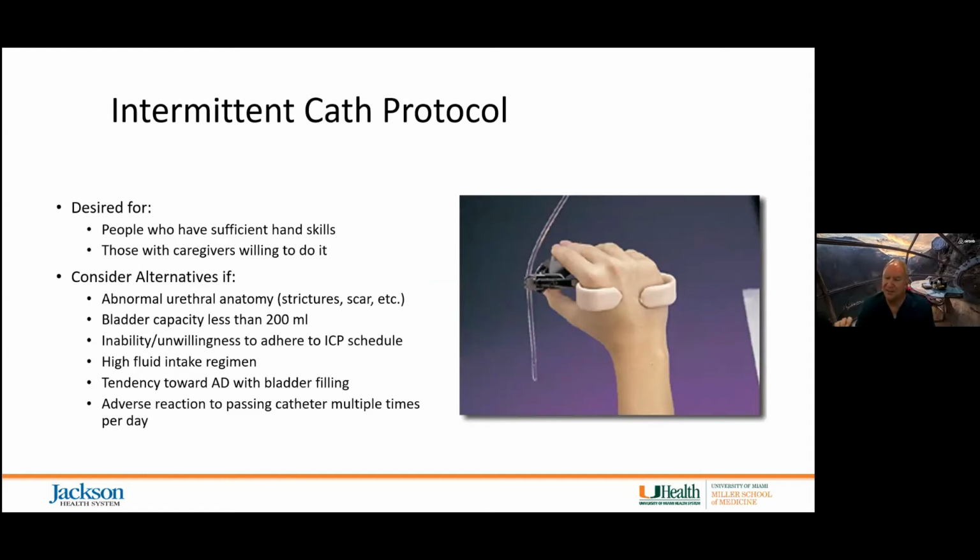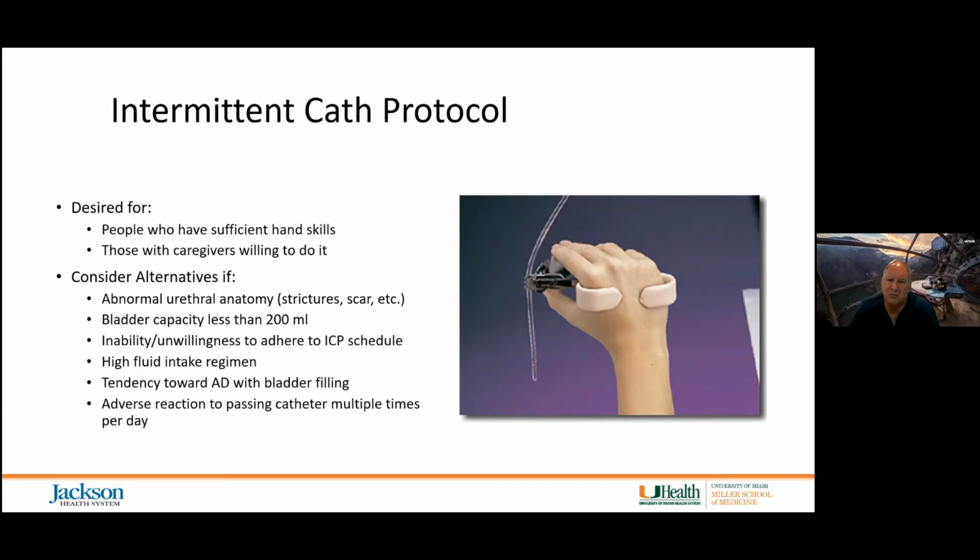Typically, a person with C6 tetraplegia would be able to use tenodesis to be able to do intermittent catheterization. But I think the literature only shows somewhere around 25%, 33% of those folks actually being able to do this independently, either because of microphallus or potentially they don't have long enough arms, they've got too much girth, they simply can't pass the catheter. So consider alternatives if the person has abnormal urethral anatomy, so you've got scars and strictures that are preventing intermittent